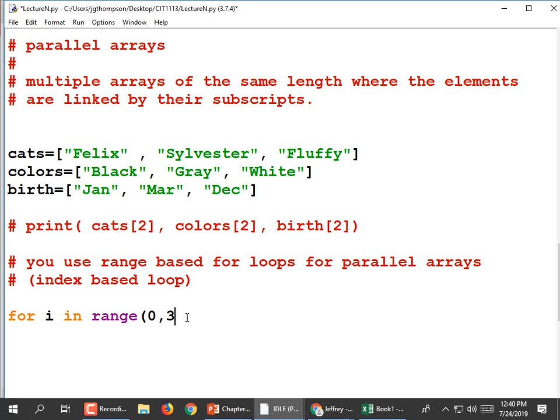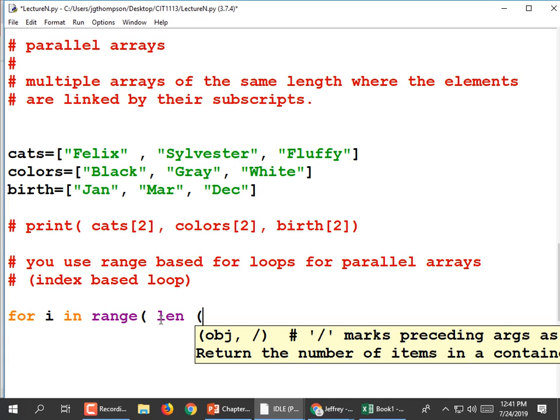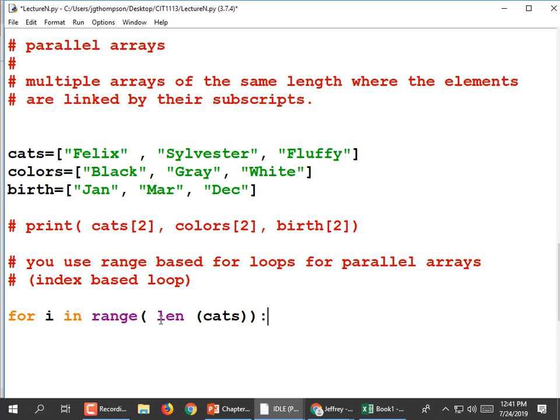But instead I'm going to erase that, and I'm going to use the length of one of these arrays as my range. So that if I suddenly went and added more cats and more colors and more birth dates, I wouldn't have to change the range, right? I wouldn't have to go and change 3 to 10 or something like that. So inside the parentheses, I'm going to do len(cats[: